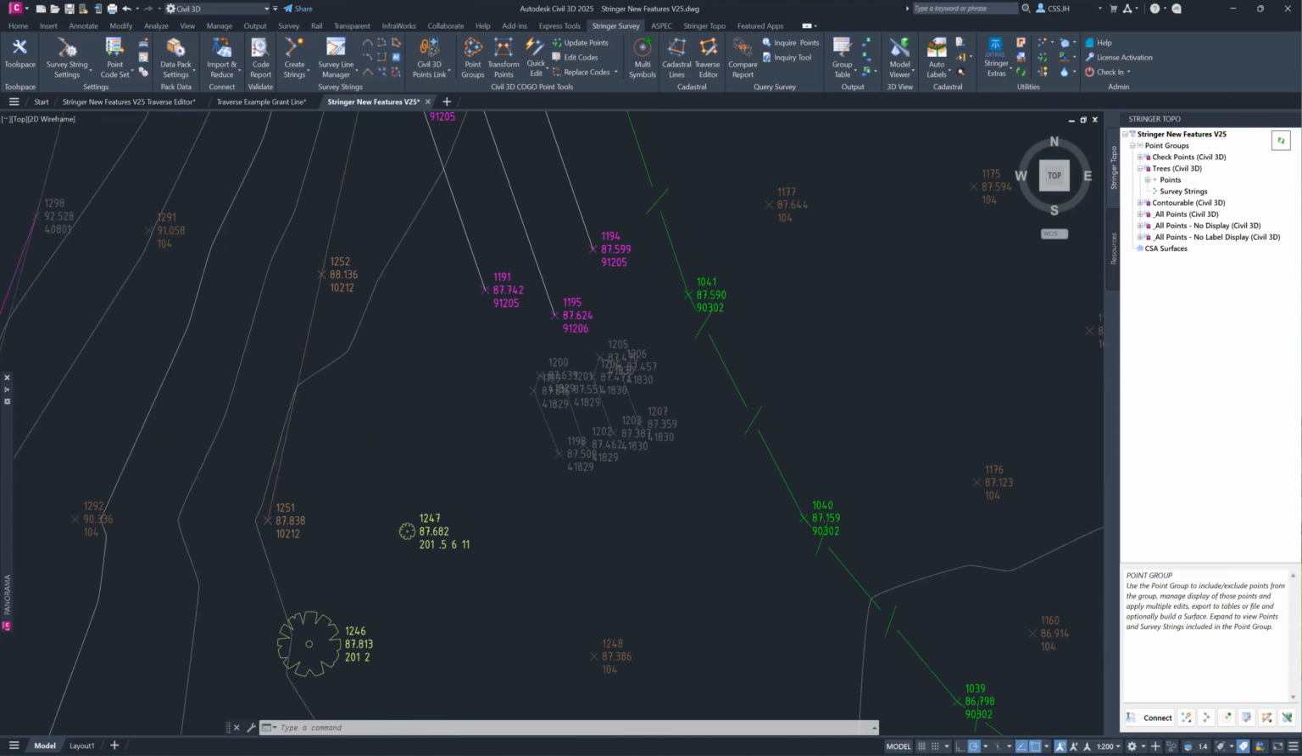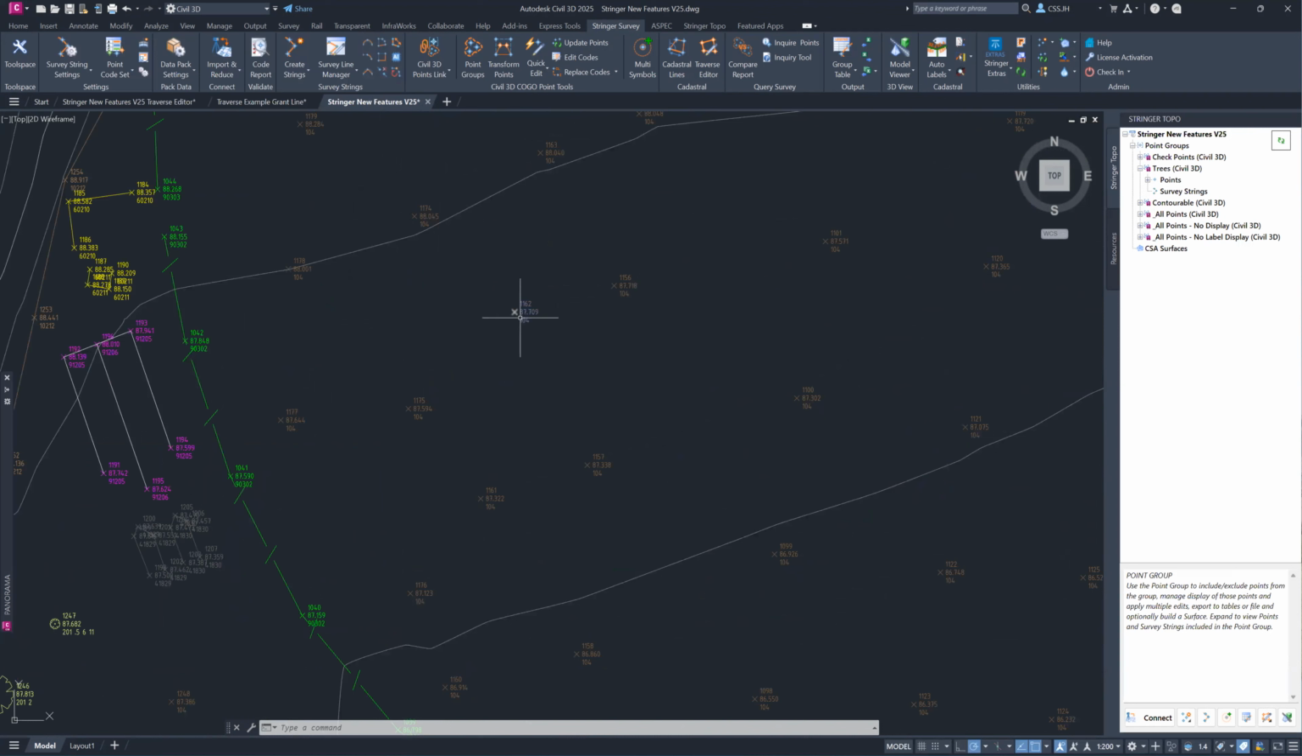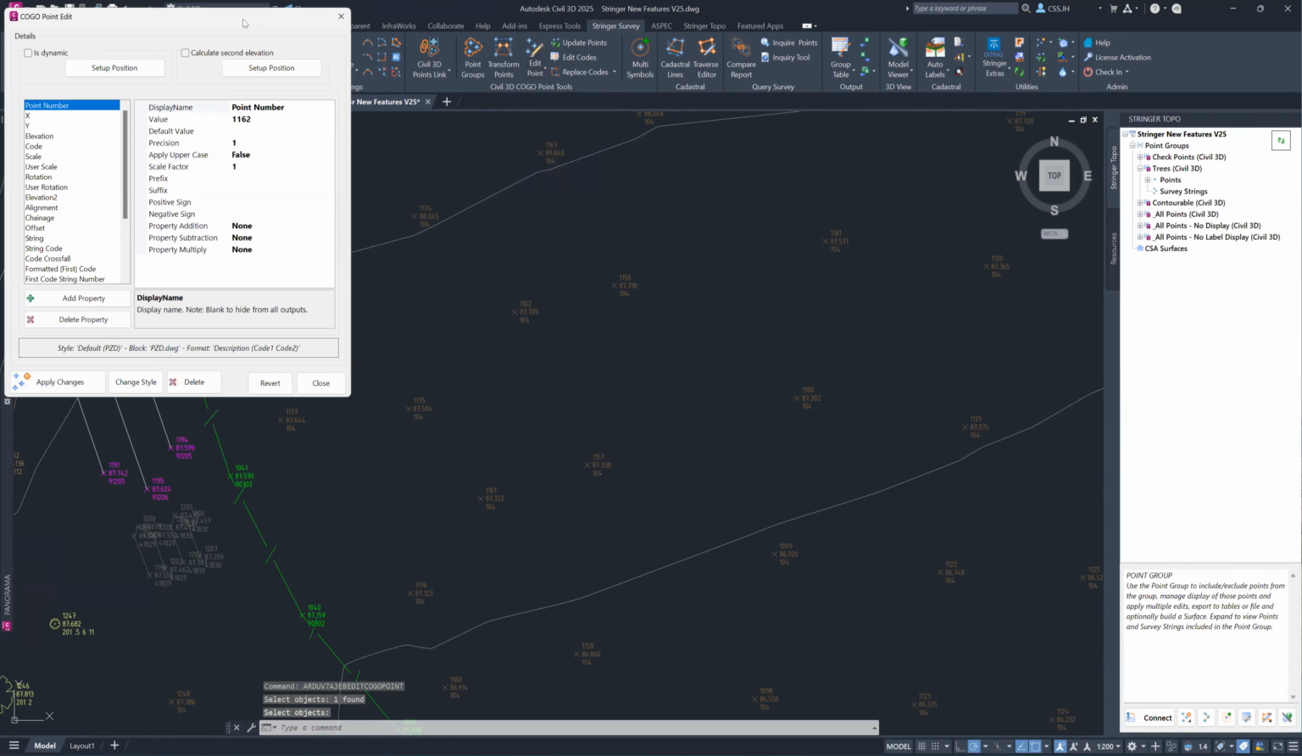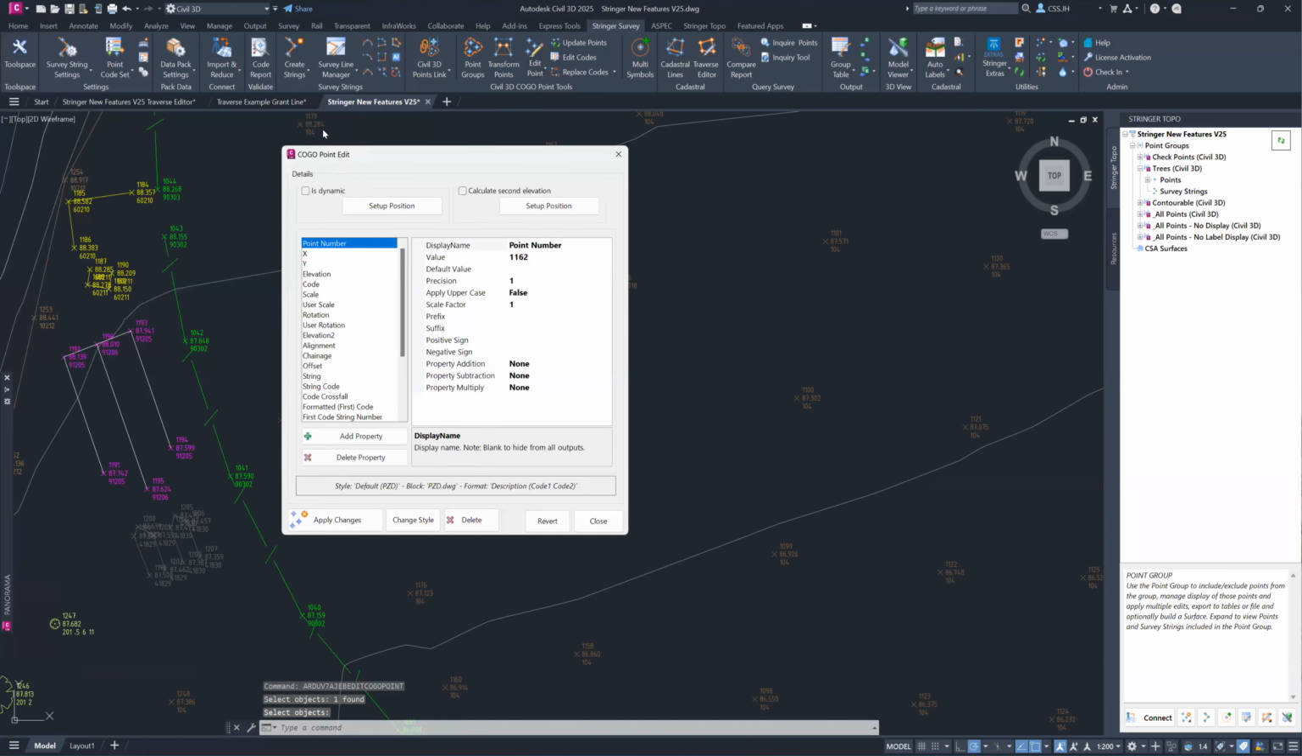Well, let's say you need to go a step further. I needed to get into the nitty gritty of this point. I needed to edit it at its rawest point. I can use the drop down for quick edit and select edit point instead. Selecting this works much the same. I'm able to select the point and go enter, but this time it's going to open up the COGO point edit tool. Now from here, I'm able to access every property that we think could be associated with that point,